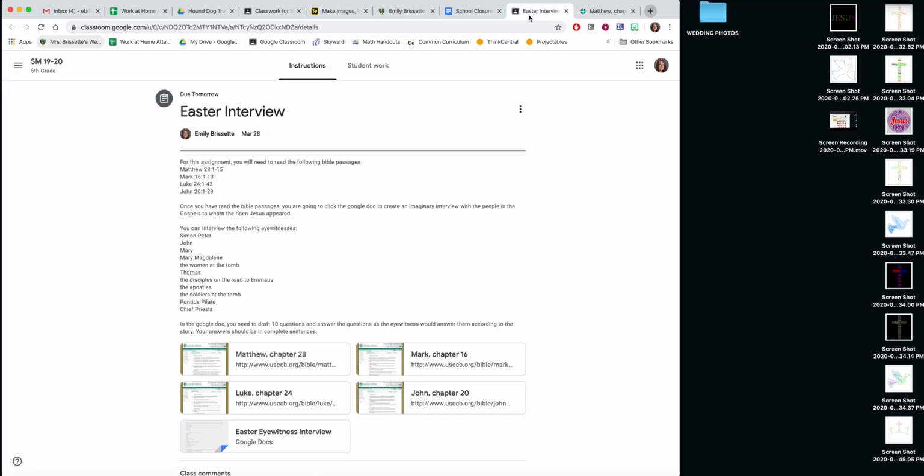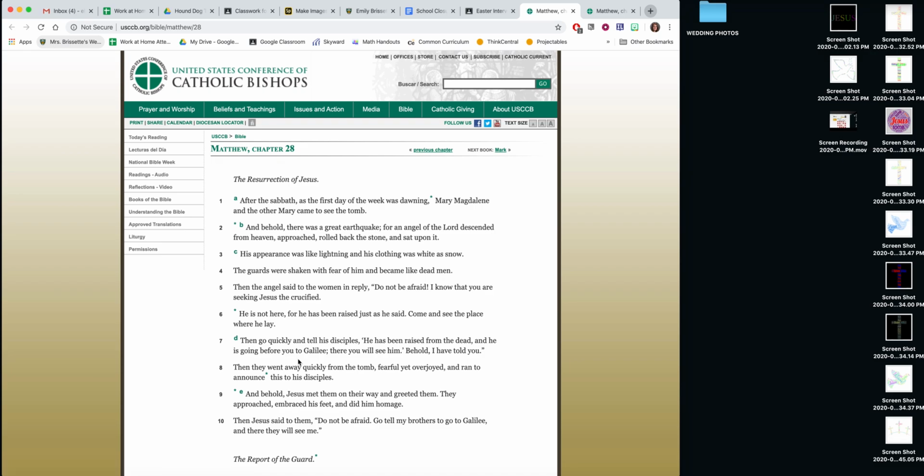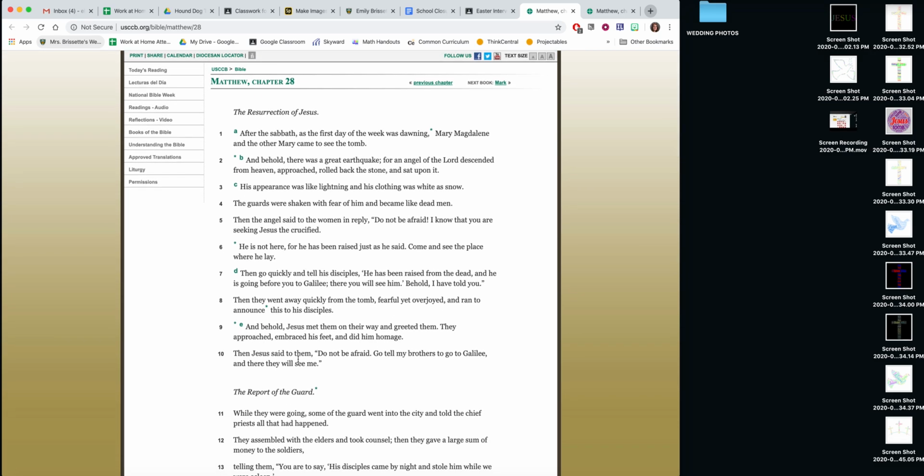But these are different scriptures about Easter, and what you're going to do is pretend that you're interviewing one of these characters from the Bible based on what the stories have in the gospel. So you can first read, and let's say that I'm reading Matthew, and I would like to tell the story from one of his disciples that's in this chapter of the Bible. I don't have to read the rest of the 4 because I have